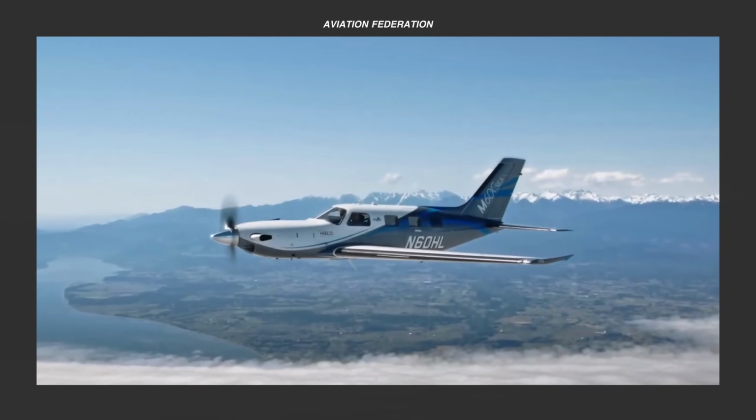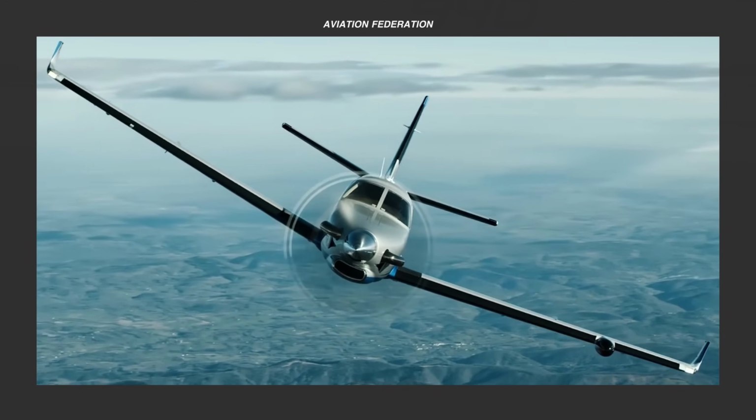For the purpose of this list, we'll look at the average fuel burn per hour, as well as some of